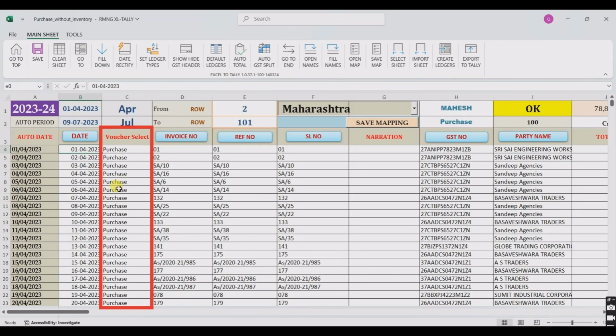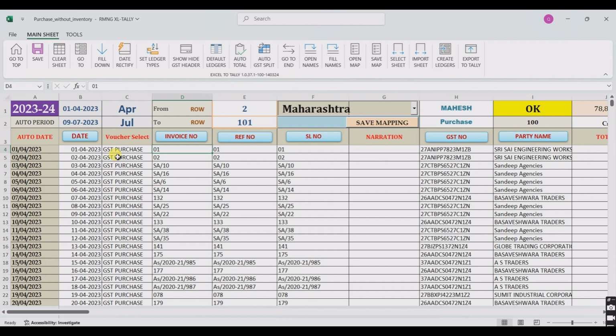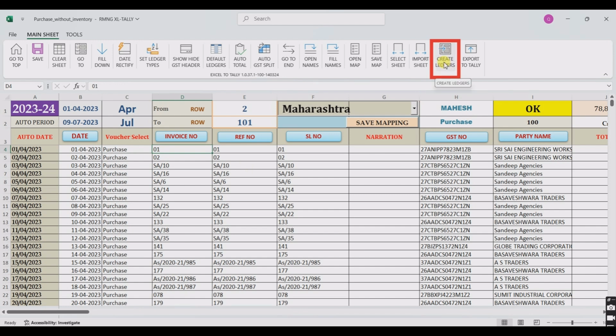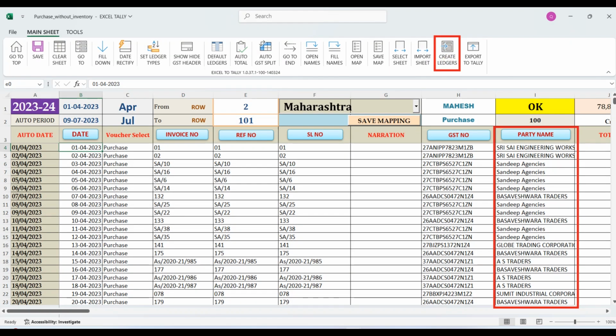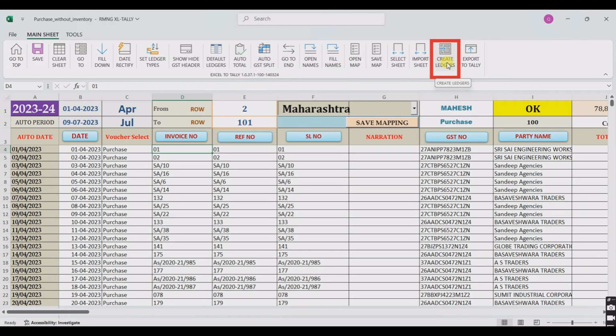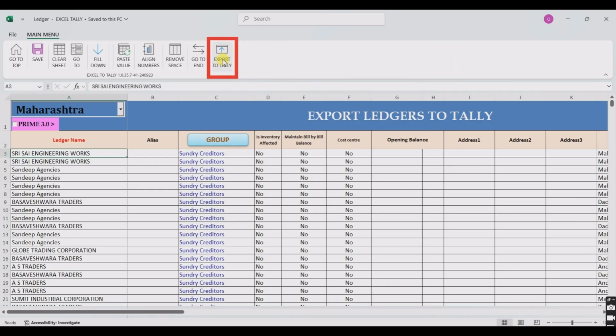If you've already created a voucher with a different name in Tally, you can either copy-paste it from Tally or type it manually. The data will be imported into the voucher you selected. Before importing the entries, we need to import the ledgers. This is because many ledgers are new, and we may not know which ones are already available in Tally and which ones are not, so it's necessary to create the ledgers. If your ledgers are already in Tally, don't worry, the software will ignore them and only create the new ones.